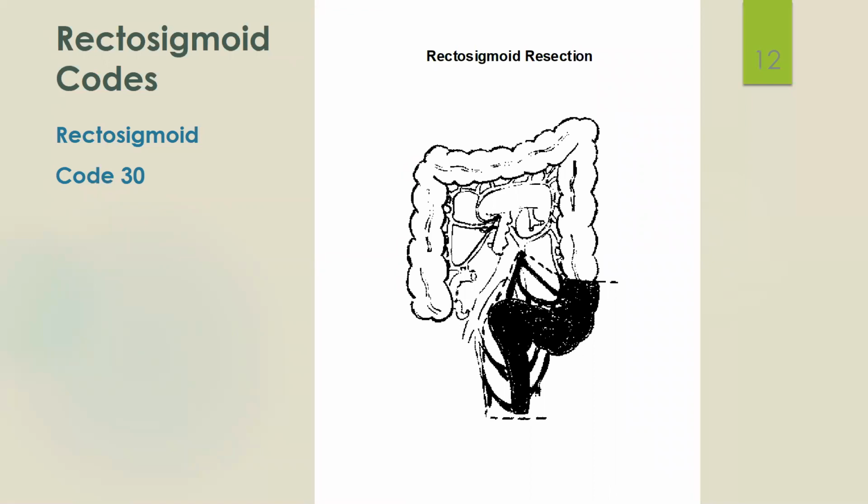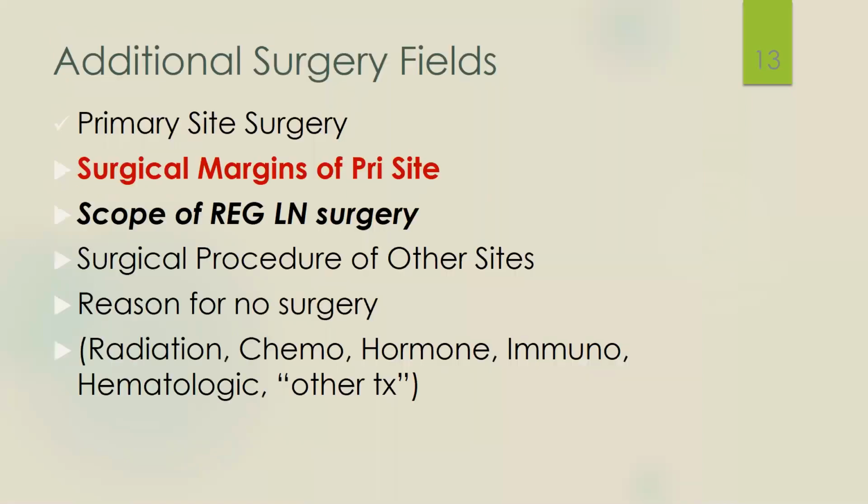For a rectosigmoid primary, you would have to go to the other site-specific surgery codes for this. You will need to look up resection or a rectosigmoid resection. This would be a code 30. So some of the other fields that we code around getting the information from the surgery would be